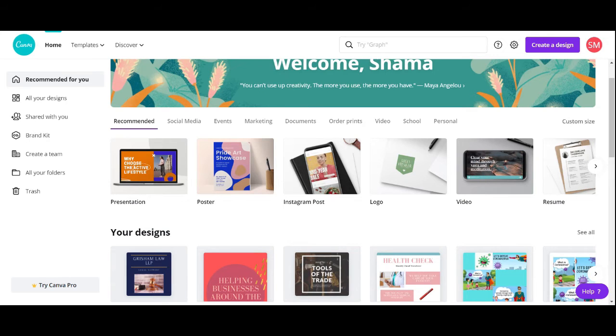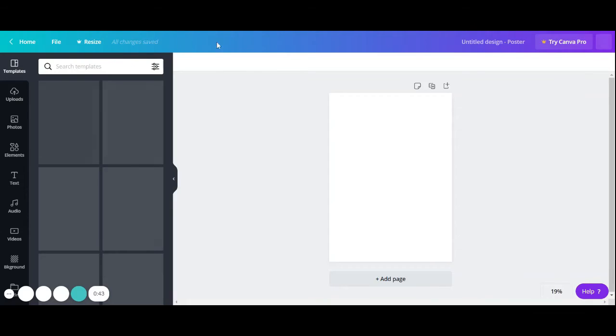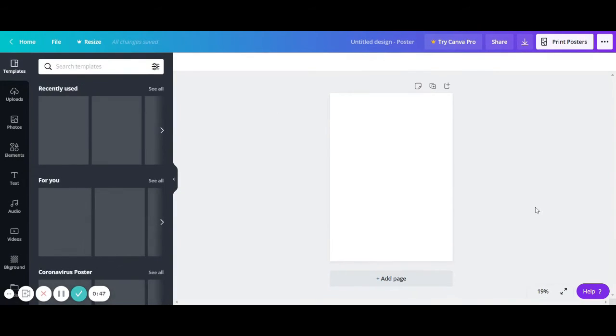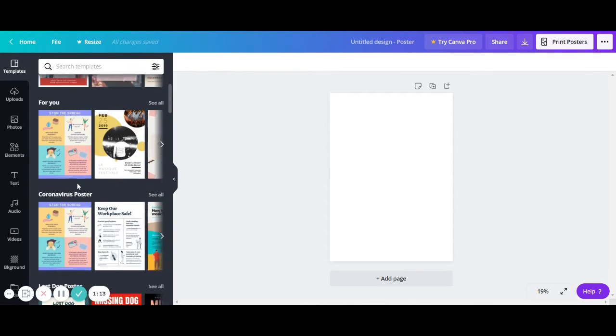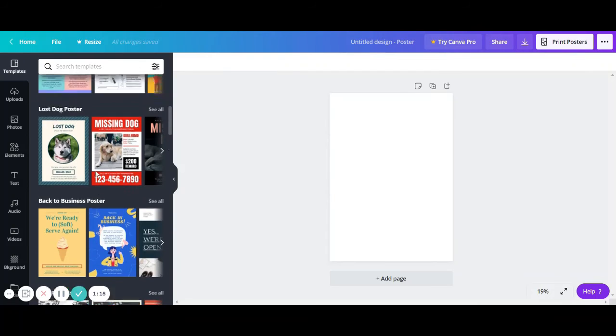So, you see, a new window is opened, and here we can design a poster. So for example, if your client wants you to design a poster for a sale, so here you can see there are many free templates that are available. If you hover above them, you will see that they are free. If they are paid, then it will be written that they will be available in the pro version. So we can select any from these free